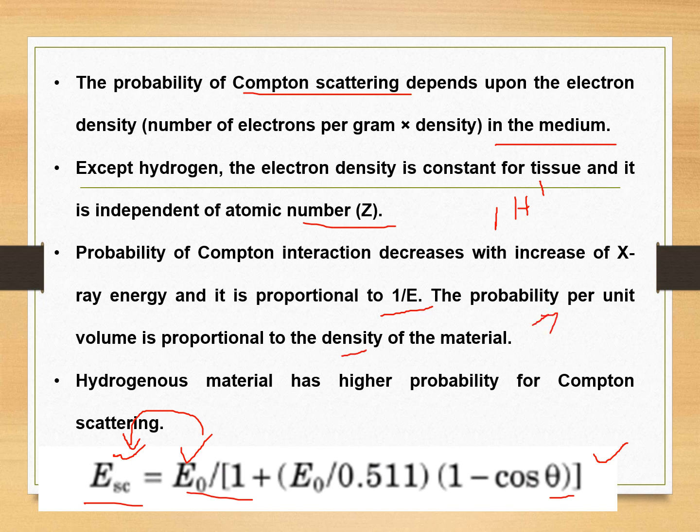If the density increases, the probability of Compton scattering increases. What do we mean by Compton scattering again? Your incident photon will interact with the outermost electron in the orbit. So the electron will be scattered and your photon will scatter over here. This is the scattered photon angle and this is your scattered electron angle. It shares this energy with the scattered electron, and with this energy it will scatter out. That is the Compton effect.